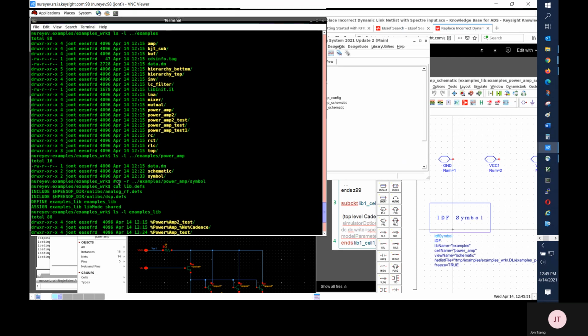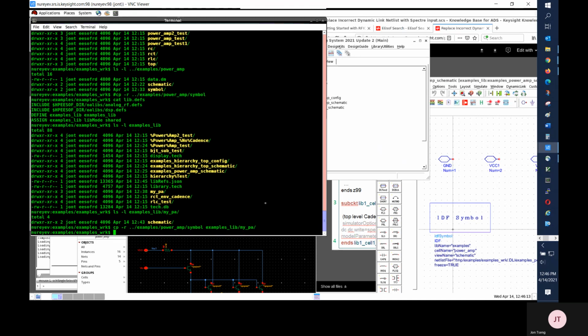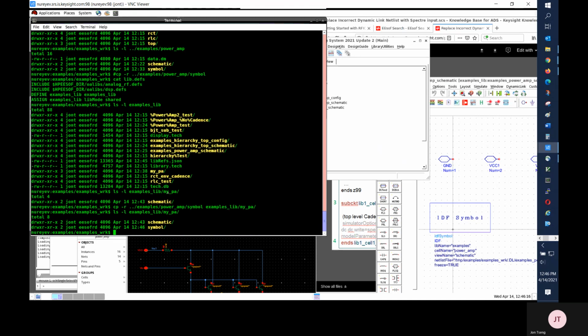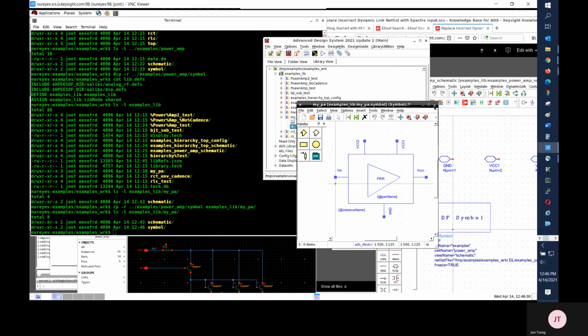Checking my PA directory again. There is a symbol directory now. Now from the ADS main window, there is a symbol view under the my PA cell.